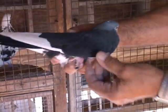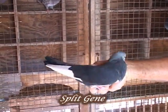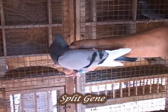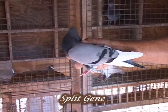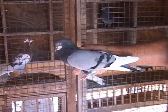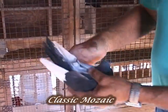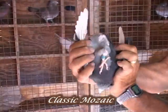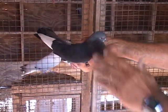Okay, this particular bird, just in the hand, you're looking at a black white flight bird. You turn it around, you're looking at a blue bar white flight bird. Now this is one, it's a split gene. It's not like the others, but it's a mosaic. It's really the classical mosaic. And if you notice, right down the middle, even the tail, underneath, it's blue bar on one side, black on the